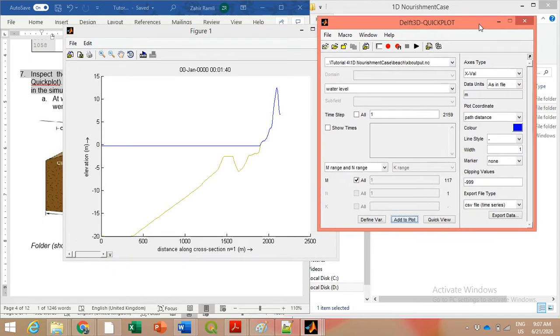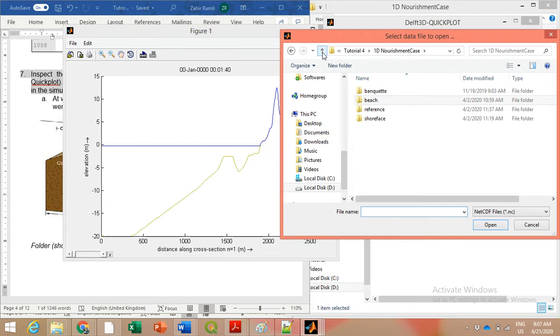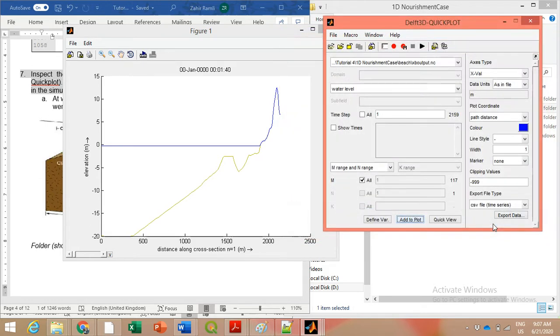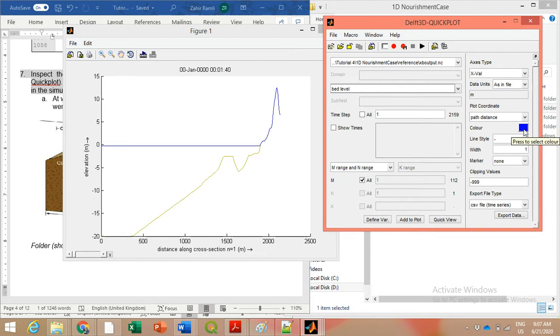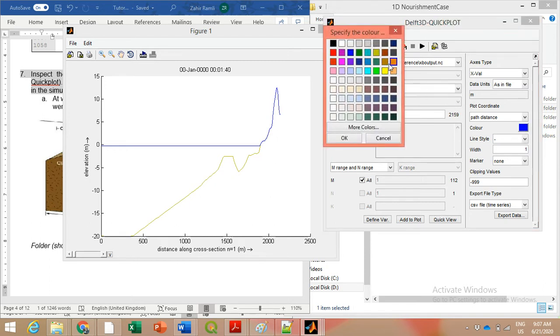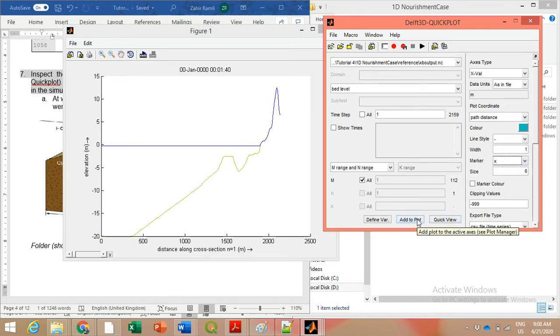I suggest you plot one more, which is the reference. The reference is the one where nothing has been changed, no nourishment yet. Open, take its bed level. Any color you want. I put a marker just to distinguish which one. So if you add to plot,